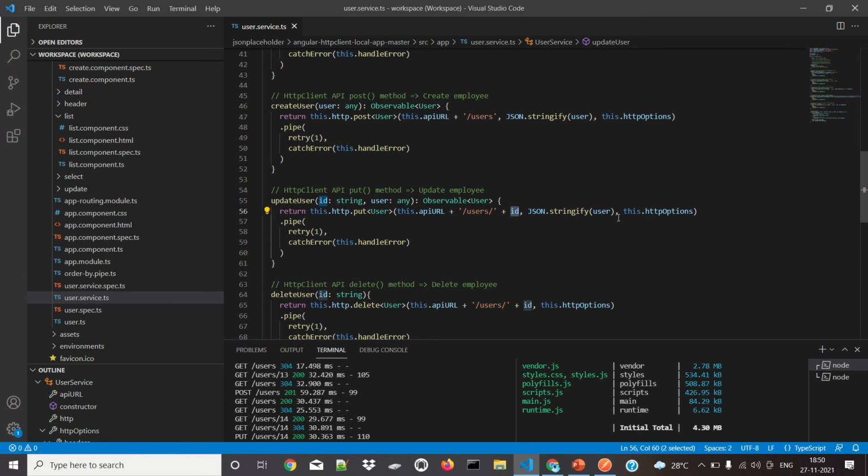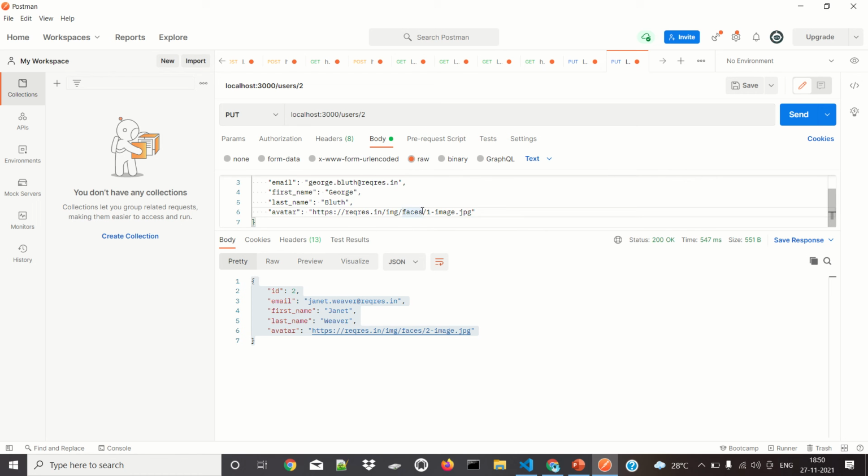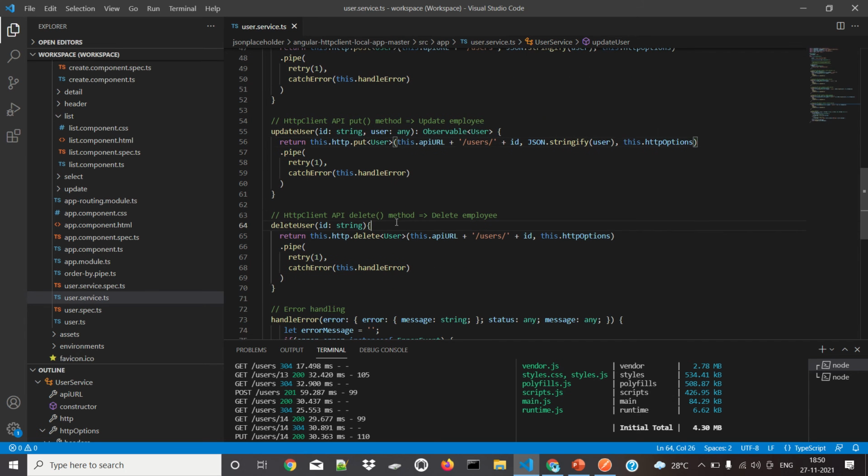Along with that I have to give the user object. This user object will be the same user object which is present here with some changes. For example, if I am using this one, I have to paste this, and instead of viewer I have to give viewers, meaning I have to send it like this. Then only it will work. And then delete user is for deleting a particular user ID. For this also I need the ID. With that ID only I can delete.